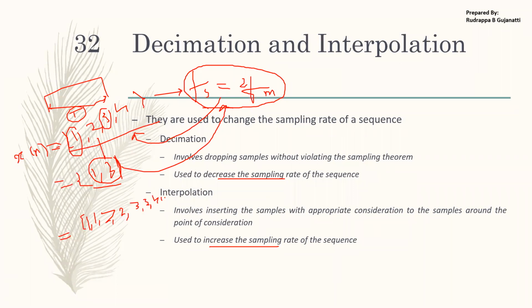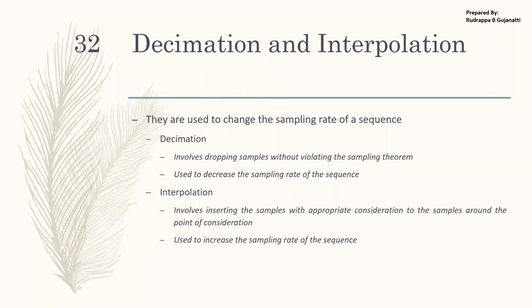So here what is happening is, I have more number of samples in a given time period. So here in this case I have 8. Here I had 4. So this was critical sampling. But since here, if you just observe, I am having more than 4 samples, which is naturally satisfying the sampling theorem. So when we are decimating or interpolating, we should take care that the sampling condition or the Nyquist